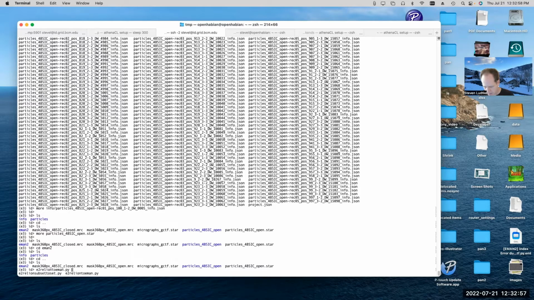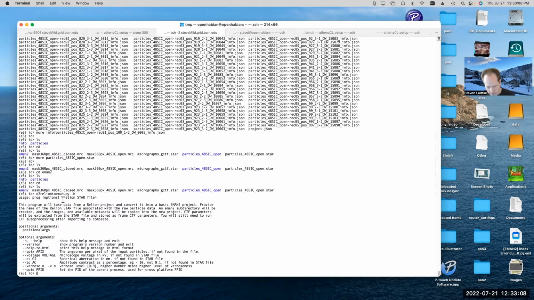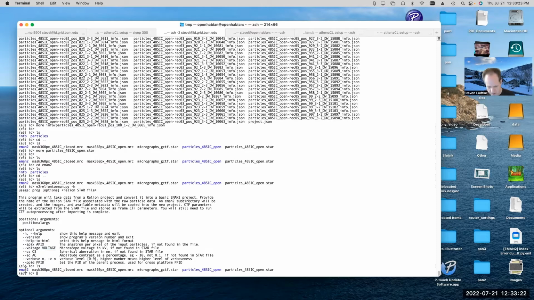You could run that on a star file, and it would create a folder called EMAN2, and that's exactly how I created this. If we say help here, you can see you basically just give it the name of the star file. And if you want to override any of the values in the star file, like the angstrom per pixel value or the voltage, there's a few other parameters you can specify, but otherwise it'll just read the star file and create this EMAN2 folder along with all the metadata.